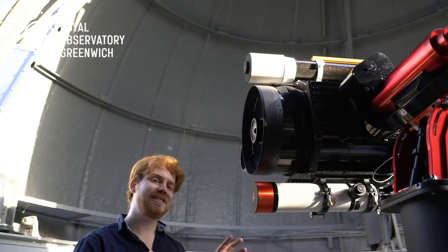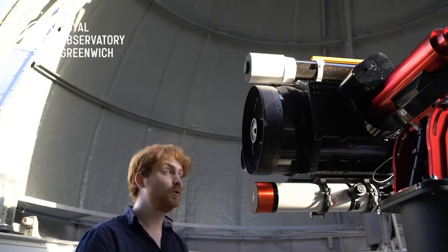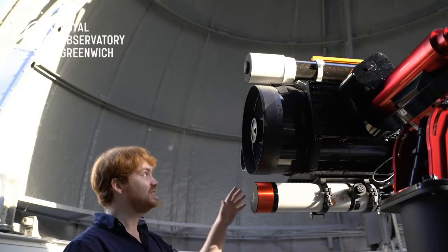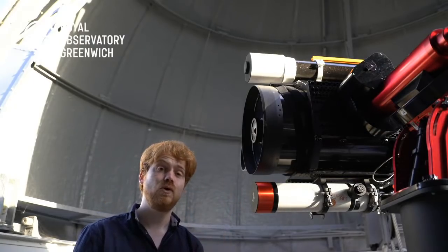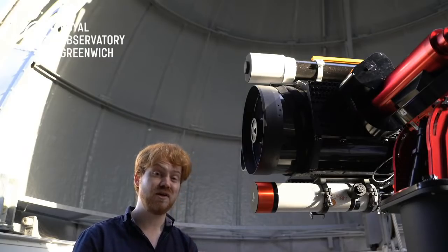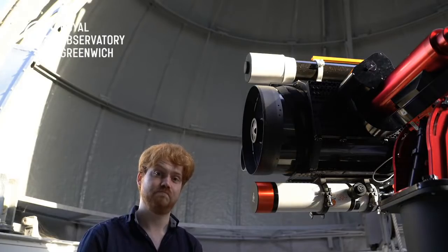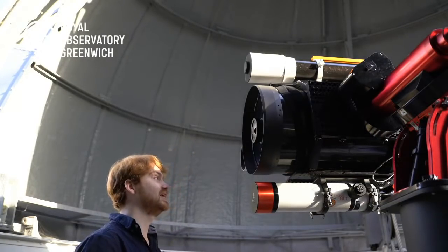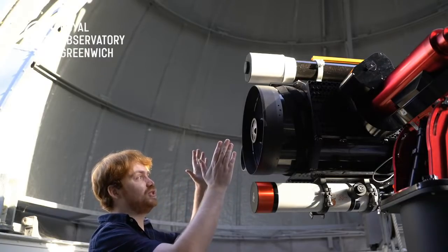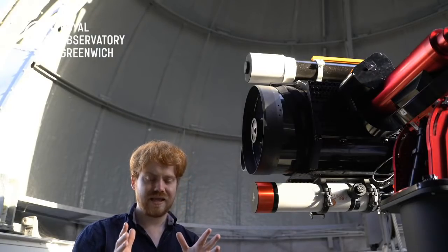But the one that we're using today is the one in the middle here. This is the Celestron 14-inch telescope, or the C14. And this is a telescope which is designed for looking at relatively close by objects in the grand scheme of things, like the surface of the moon, or, for today, the surface of Mars and other planetary objects in our solar system. So this is a telescope which is 14 inches in diameter,